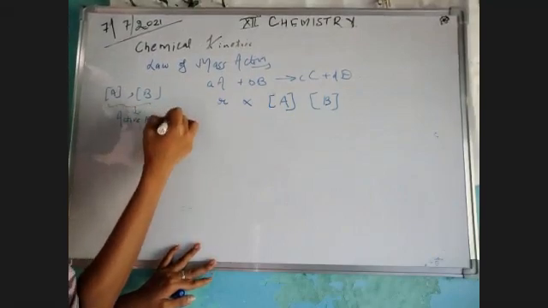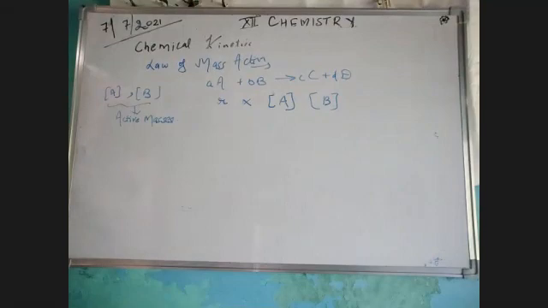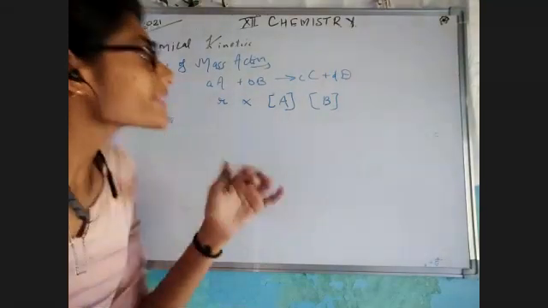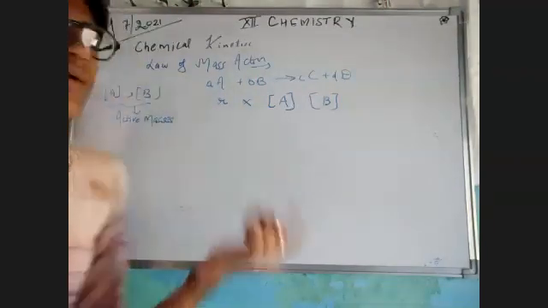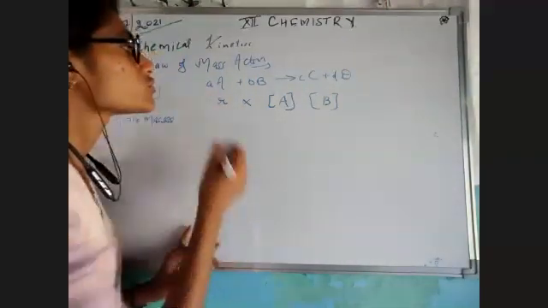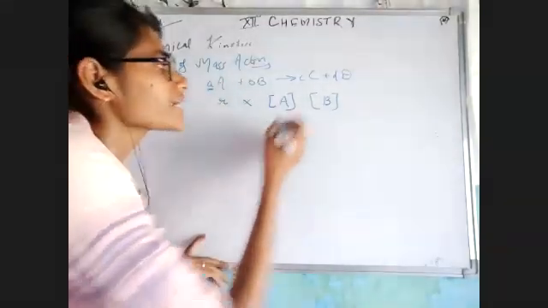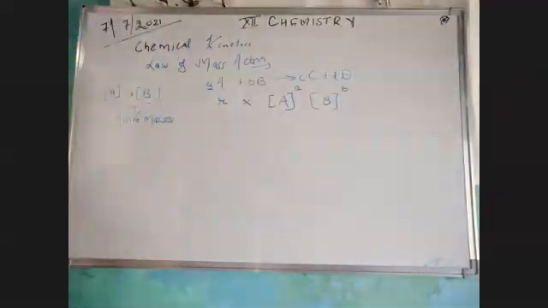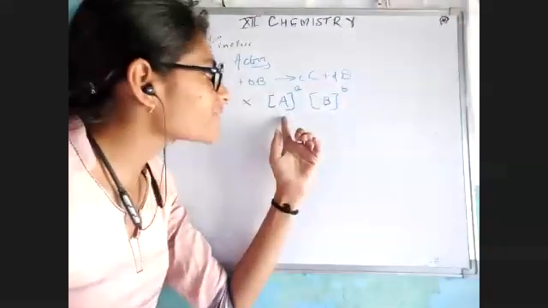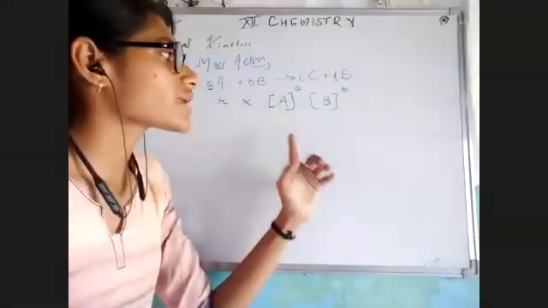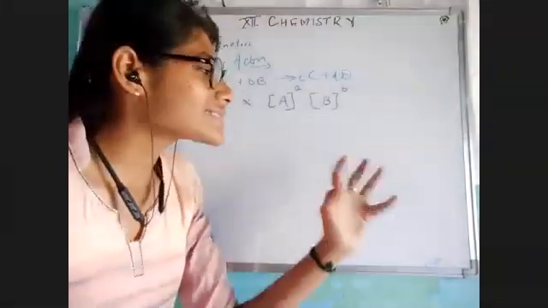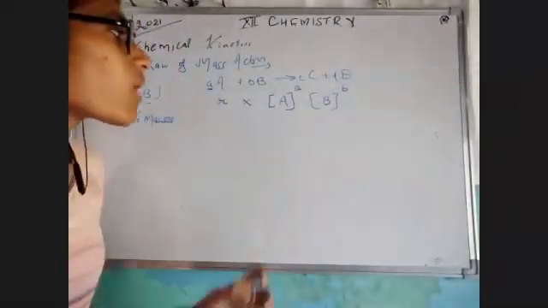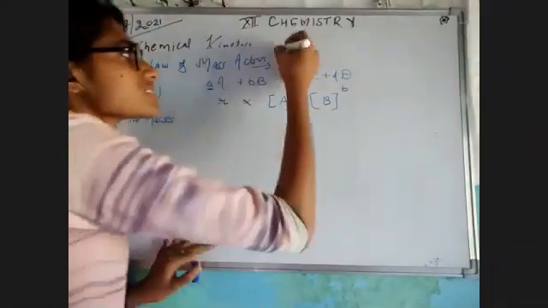Is also called the active mass. That's it, nothing much about this. But the point here: I told you about the stoichiometric coefficient, and you have studied this since your 11th class also, that the stoichiometric coefficient is raised as the power of the active mass of the reactant, or I would like to say of the concentration of that particular reactant. So this is known to be the law of mass action, or I would like to say rate law.